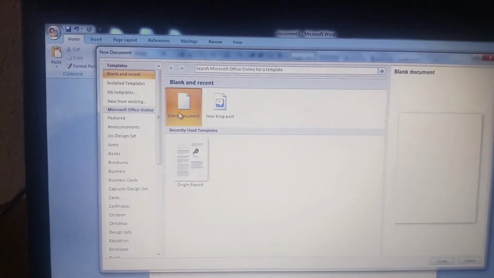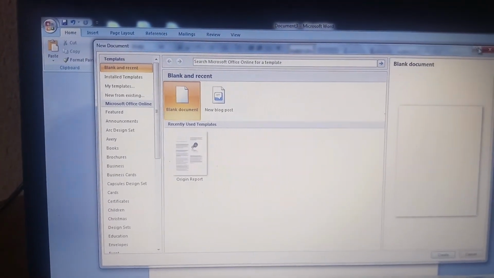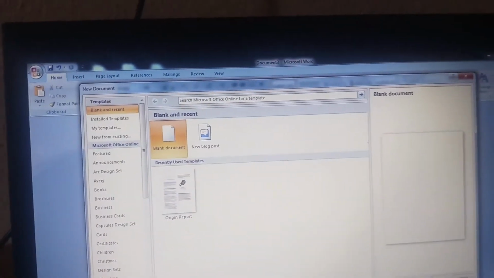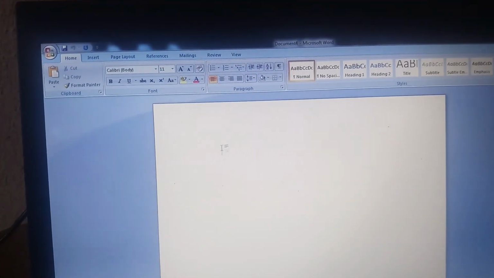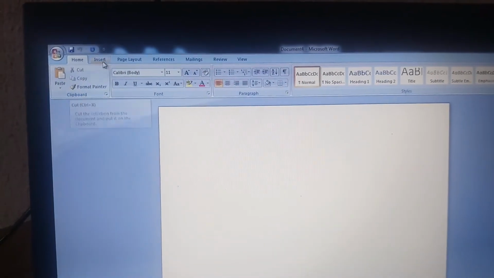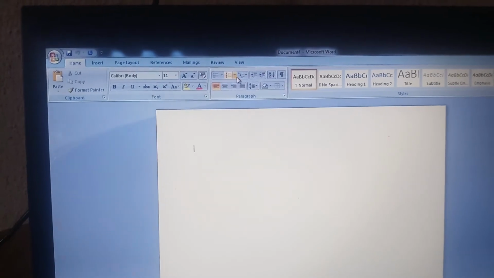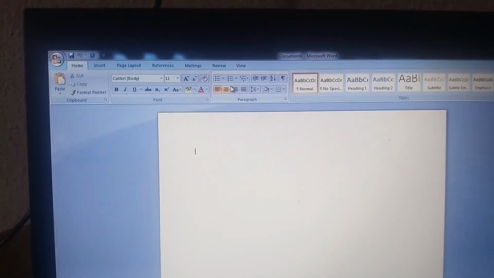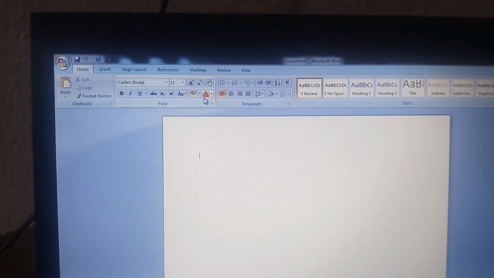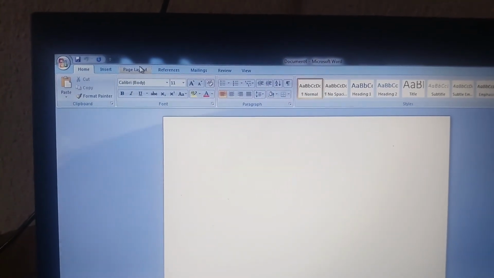If we need to create a new template, we need to create a blank document like this. A blank document appears in MS Word. While using this blank document, with the toolbars at the top, we have tools for arranging everything: paragraph arrangement, font style, font size, as well as color.